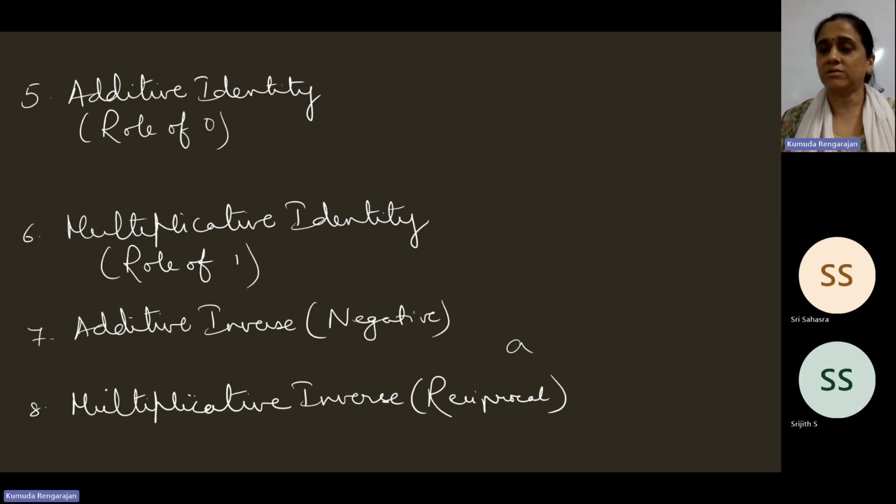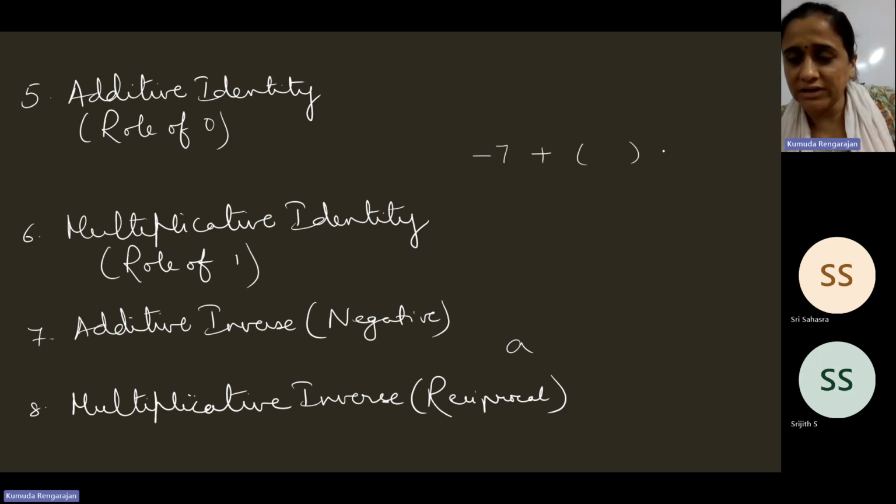Additive inverse or negative of a rational number. When the sum of two rational numbers is 0, then the first rational number is said to be the negative of the second rational number, and the second rational number is said to be the negative of the first rational number. So if you consider this rational number, minus 7